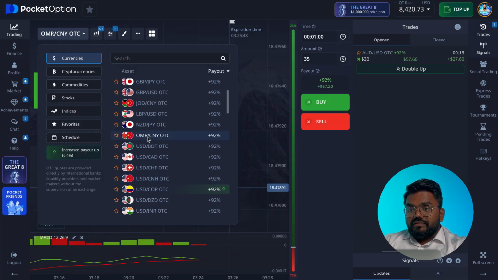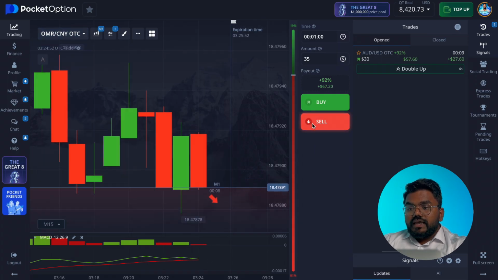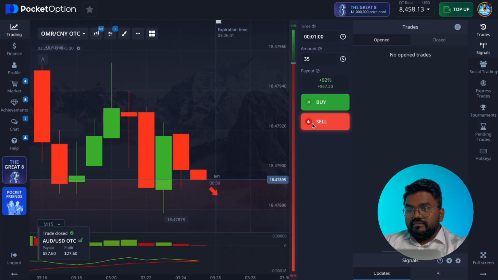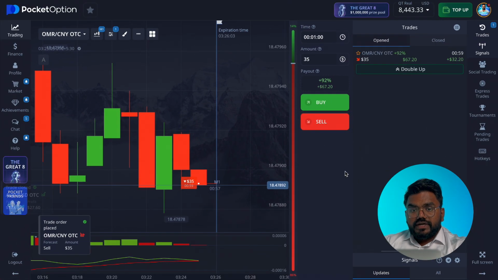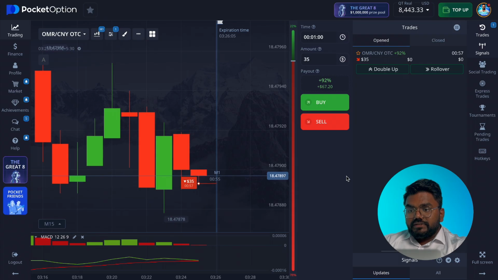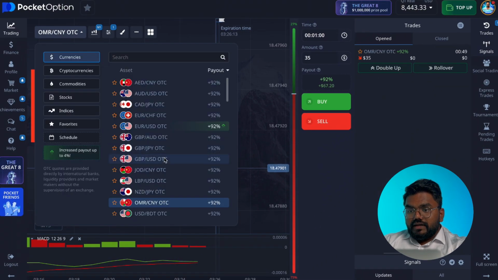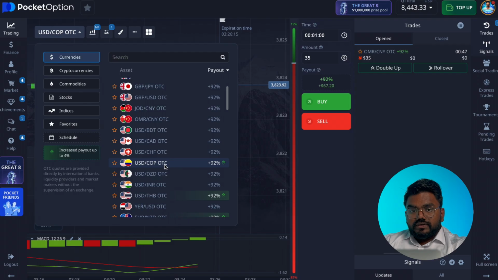Let me give one more overview. Whenever I change the currency, things change according to the trends. The MACD strategy shows growing bars for a strong move and shrinking bars for a weakening move. You need to understand that. Let's make one trade according to the strategy. That explains why I chose the down one. It clearly says it's going to go down. So let's go ahead.